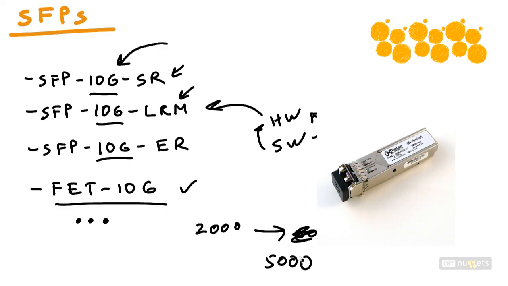So this is specifically for the 2000 to the 5000. It is a particular device that is very specific to that connectivity environment, and the FET10G must be connected to another exact FET10G. So there are going to be very specific utilizations